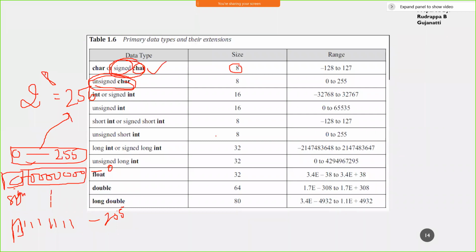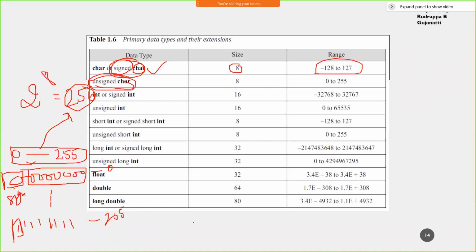So I'll have 256 elements, but in plus and minus, from minus 128 to 127.